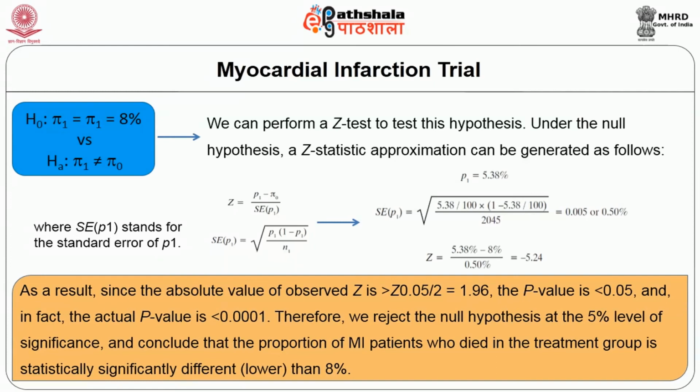Using this formula, if you substitute as given in the slide, in our Z test formula, we found that the Z value is 5.24. In general, if your data follows a normal distribution with a large sample size, more than 30, then 1.96 is the standard value for 5% error, and 2.58 is the standard value for 1% error. By virtue of this, the value of the proportion test, 5.24, is more than 2.58 or 2.9. Therefore, it is highly significant at the 0.001 level. Therefore, there is a significant difference between our observed value and the population value.